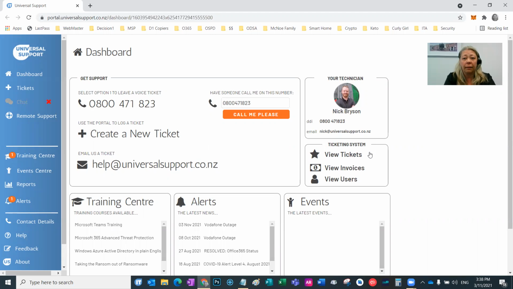You can also view tickets, view invoices if you are an admin in the portal, and you can view users the same as if you're an admin. So these are all ticketing portal options, and I'll show you how they work in just a moment. So I will show you one other thing in here,